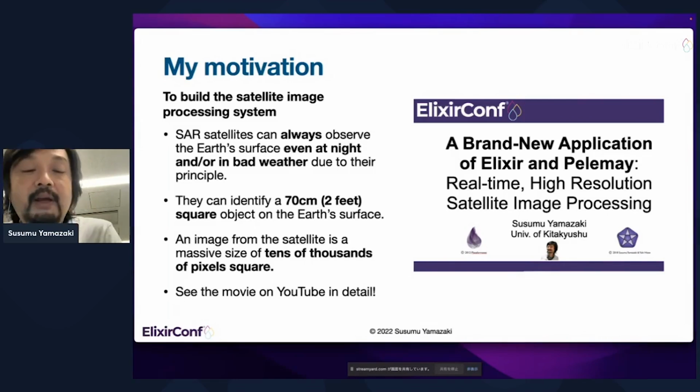They can identify a 70 centimeter square object on the Earth's surface. An image from the satellite is a massive size of tens of thousands of pixels square. See the movie on YouTube for details, titled A Brand New Application of Elixir and Pyramid: Real-Time High-Resolution Satellite Image Processing.